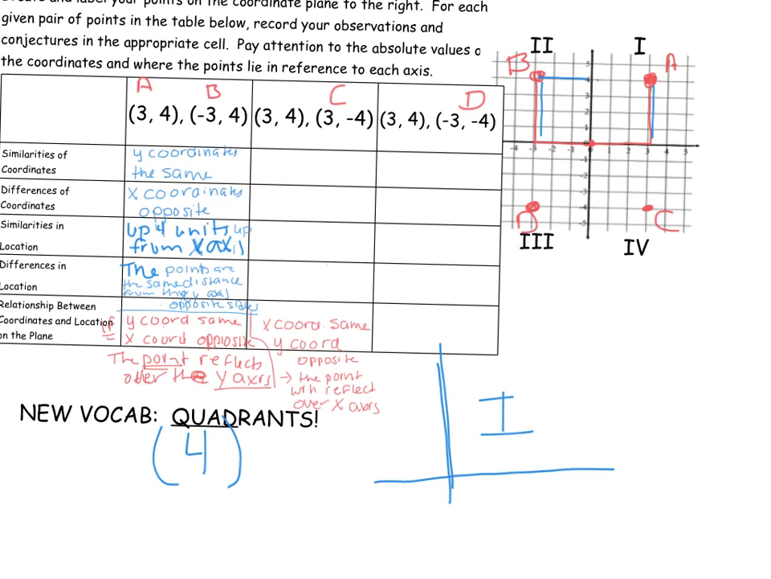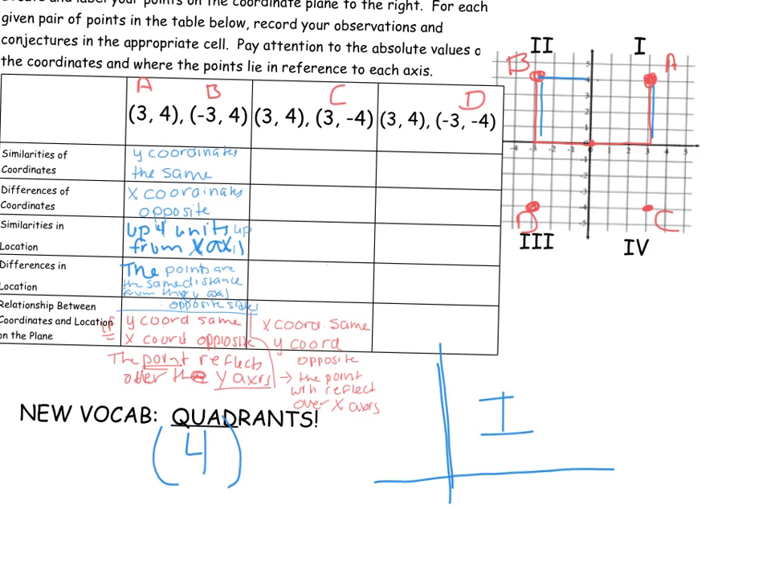So that's what's different. They're on opposite sides, but the same distance from the x-axis. So I actually wrote this out. What does this mean about the location? It means that if the x-coordinates are the same, but the y-coordinates are opposite, the point will reflect over the